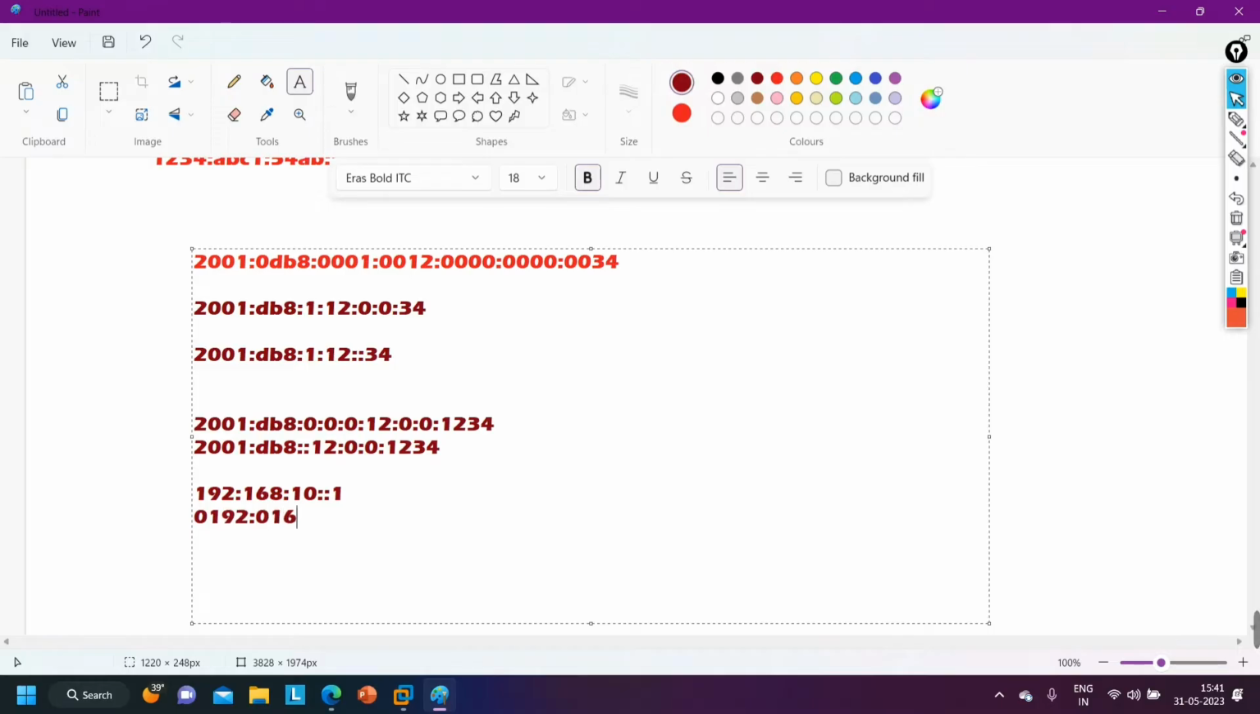So 168. After that colon 0010, and then how many fields do we have between these dual colons? See, 1 2 3 4, I am able to see there are 4 fields. That means between the dual colon there are 4 fields. So 0000 colon 0000 colon 0000 colon 0000 colon